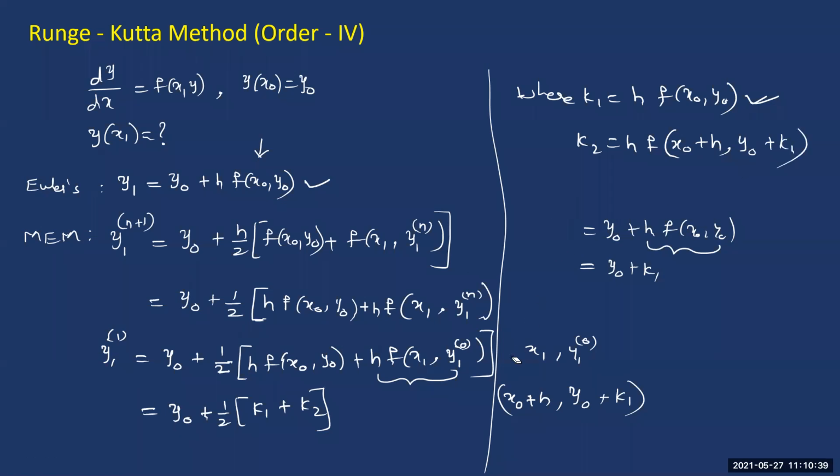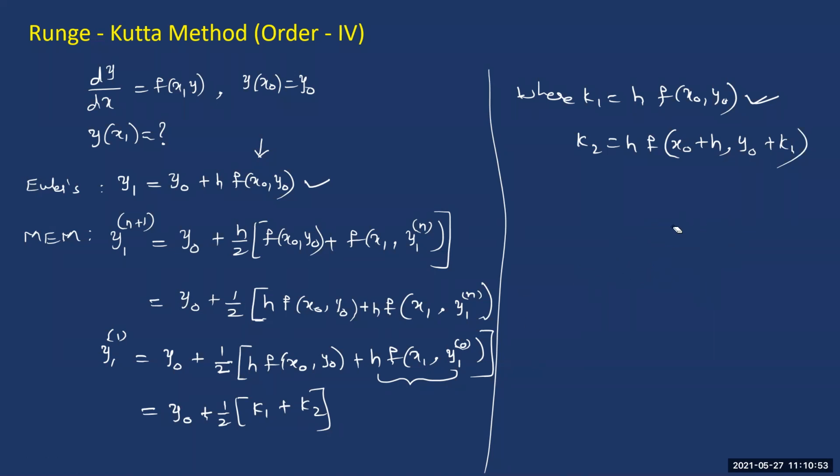Right? Now you see, this is actually what you got from modified Euler's method. Here we are taking slopes at two different points, as you have seen already. One slope you are taking at x naught, y naught, and the other one is at x1, y1 0. Now we'll take this particular formula as y1, though you are writing it as y1 first approximation, they consider it as only y1 here. Right? We are now taking slopes at two different points. This idea, we call it Runge-Kutta second order method.